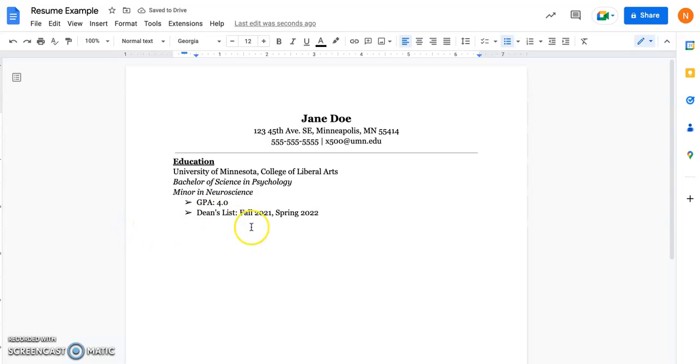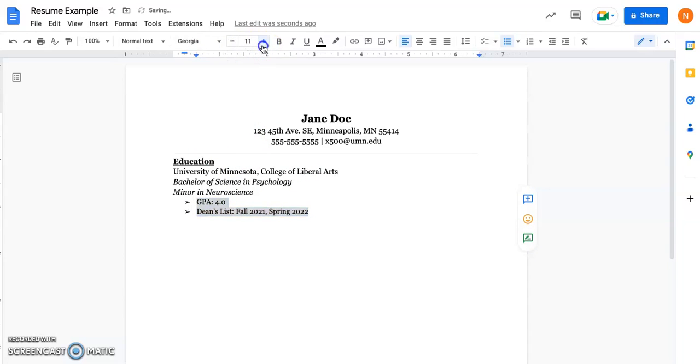Cool. So yeah, and then if we'd like to change the size of these bullet points, we can absolutely do so. To me, they look totally fine, but if you want to make them larger or smaller, what you're going to do is just move your cursor over, select the bullet points so that all of them are highlighted, and then you can decrease the font size like such. It won't change the actual size of the text that's on each line, it'll just change the size of the bullet point. If you want to change the text size, you'll obviously have to highlight and then decrease the font